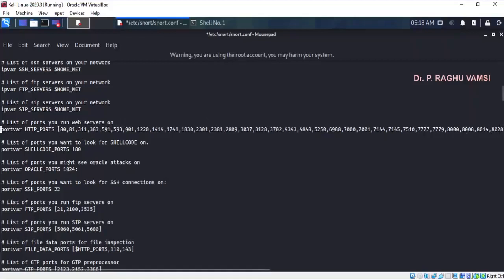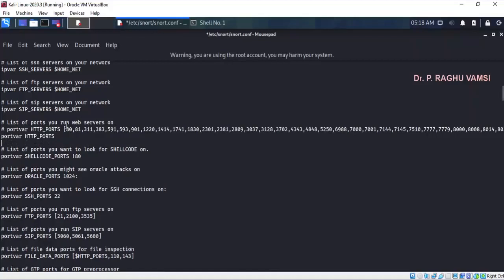So what you do is just comment this out and write another variable like this, portvar HTTP_PORTS. So I will make a comment of this, and copy and paste the same here, and you can mention the ports like 80, 443, and any other, but only these two. Okay, you can mention it like this.